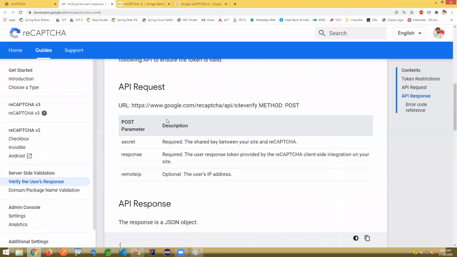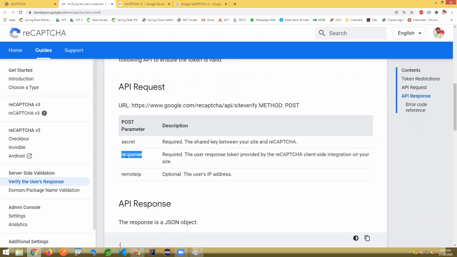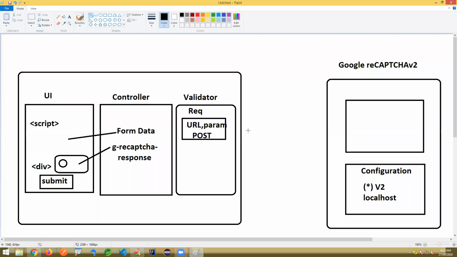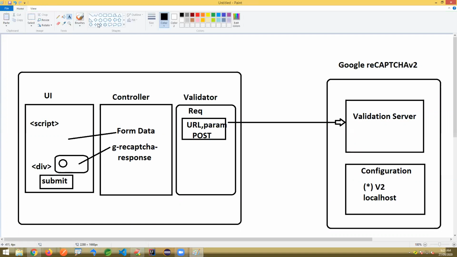You can see the URL and method type, and these are the params, secret and response, that we need to pass. Here you make the request and it validates whether it is valid or not. It's like a validation server. Once it is validated, it gives some response, and that response comes in JSON format.